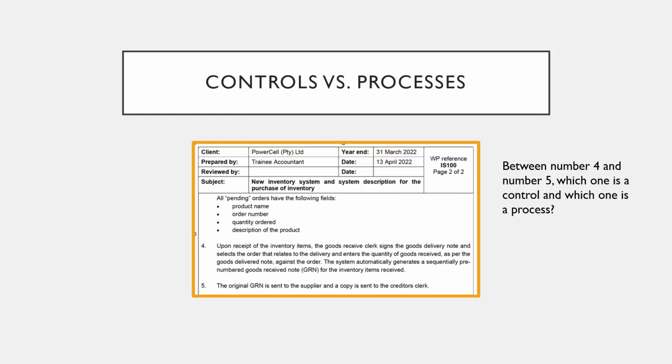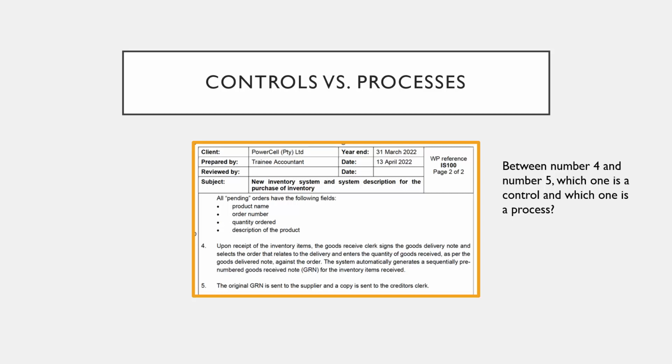So between number 4 and number 5, pause this video please, read this very quickly, and you can say which one is a control and which one is a process. I know you're going to be inclined to say the longer one's a control, but it doesn't always work like that. So here we're speaking about a clerk signing a goods delivery note and it generating a sequentially numbered goods